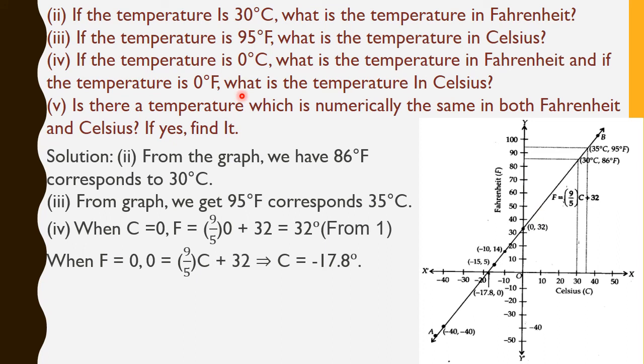The second part of the same question says that if the temperature is 0 degree Fahrenheit, what is the temperature in Celsius? So if this is 0 in Fahrenheit, again we have to remember we are working with which axis. In the previous question, we were working with Celsius. So we were working with x-axis. Now we have to work with Fahrenheit, 0 degree Fahrenheit, right? So we'll take the y-axis, okay? So from the y-axis, we will draw a perpendicular, which is perpendicular to the y-axis, and we'll extend the line